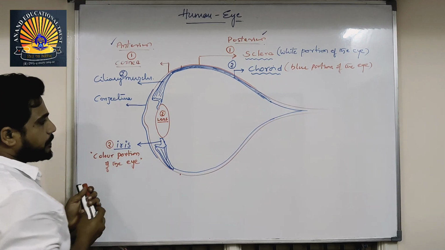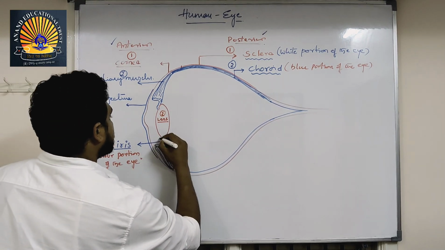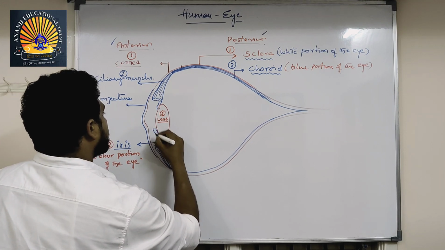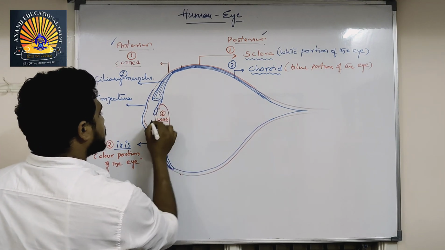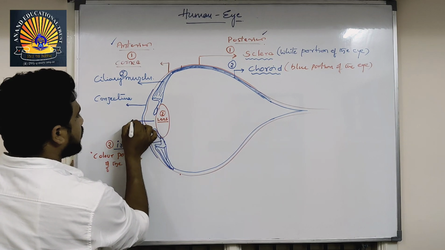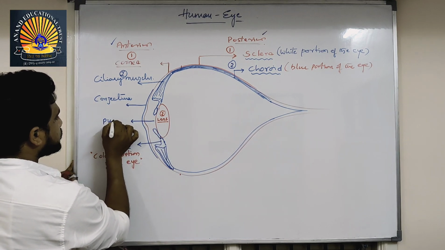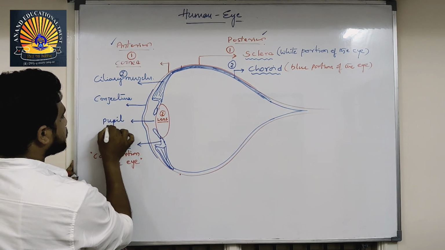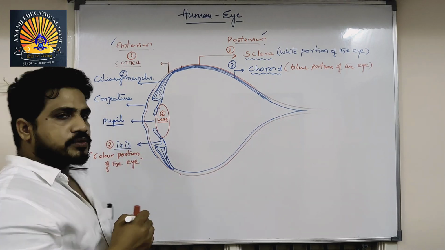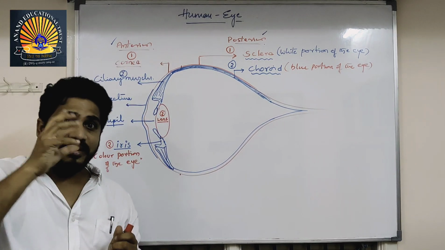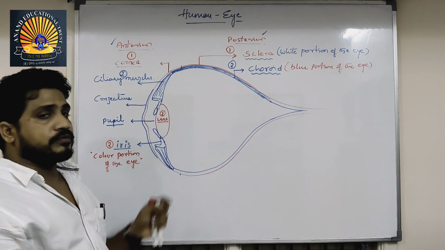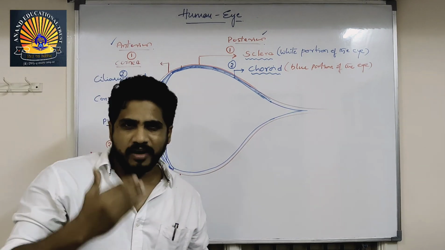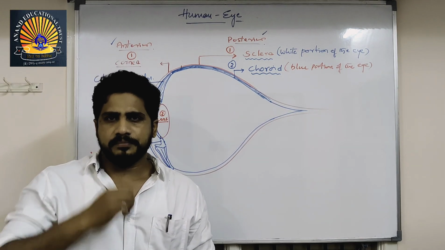Iris is the incomplete part here. You can see this is what? Iris. And this opening, the gap here, is called the pupil. The pupil helps to contract and relax by the help of ciliary muscles while watching an object from